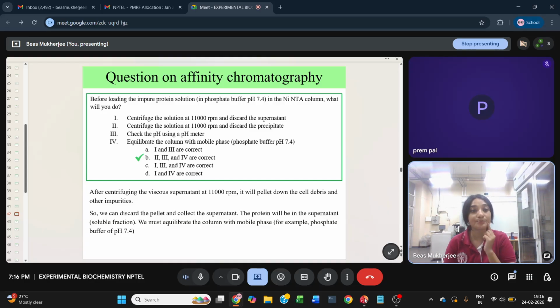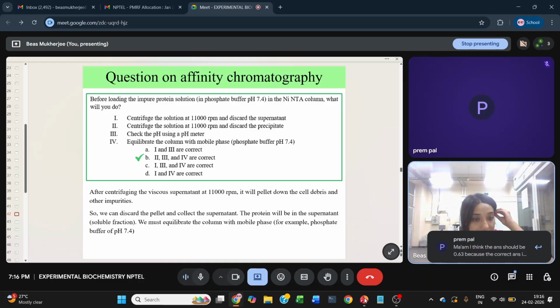So the flow through is basically the supernatant, which is the soluble part. What you do is you take the supernatant, you throw the pellet away, and then you check the pH of the supernatant. That is not very necessary, we don't do it in the lab, but here since it's there in the question,